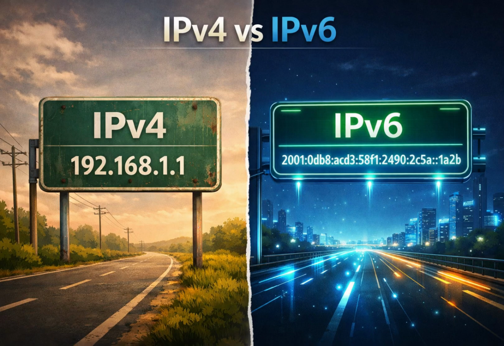Now let's talk about something you have probably seen before, IPv4 and IPv6. The IP in both terms stands for Internet Protocol. The V simply stands for version, and the 4 and 6 tell us which version it is. So IPv4 simply means Internet Protocol version 4, and IPv6 means Internet Protocol version 6. IPv4 was created back in 1983 and became the standard that the entire Internet was built on. It uses the 4-number format we have been looking at, like